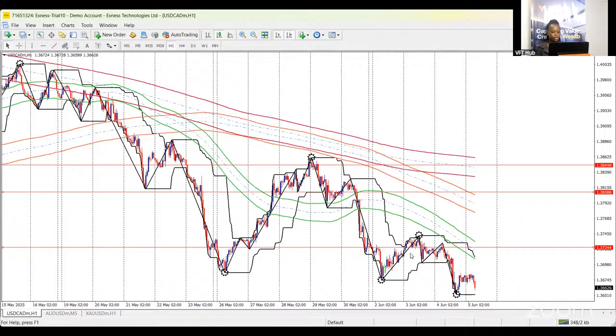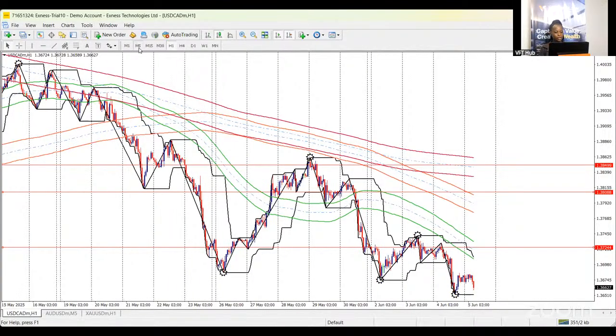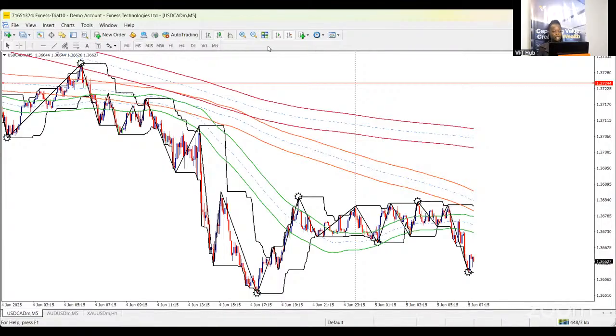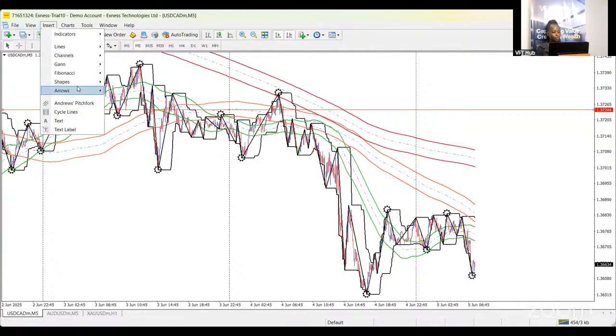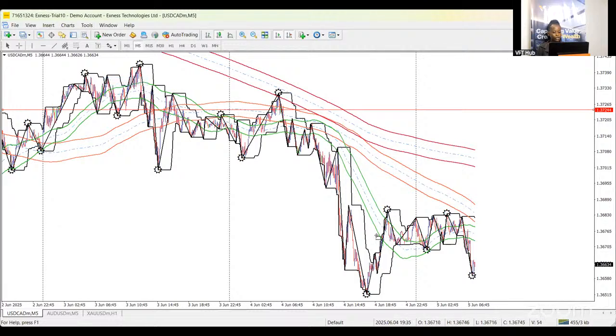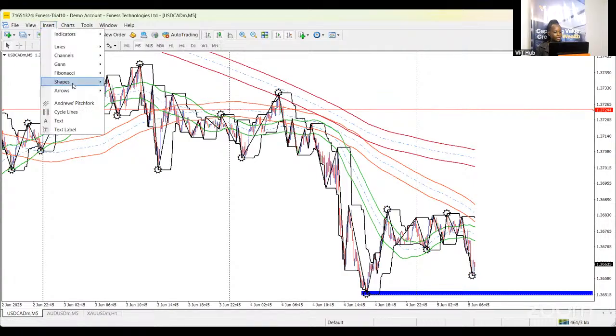These are my points of interest. I am now going to go on the lower time frame to mark out my immediate point of interest, especially for this session or even moving into the next session. And those of us who have been joining will know that those points of interest typically include 4 levels. The first one is yesterday's low. Second one is yesterday's high,